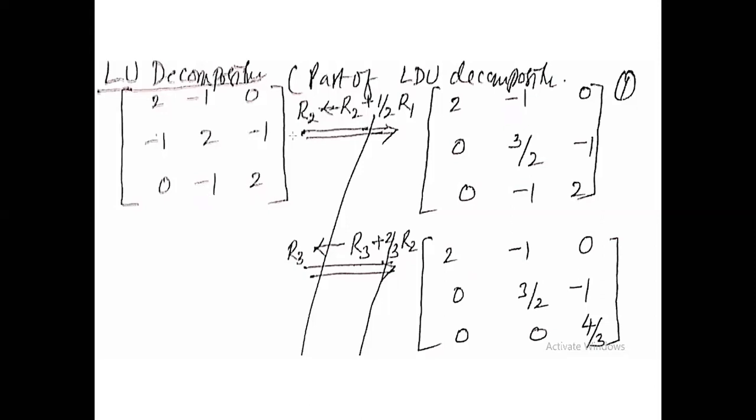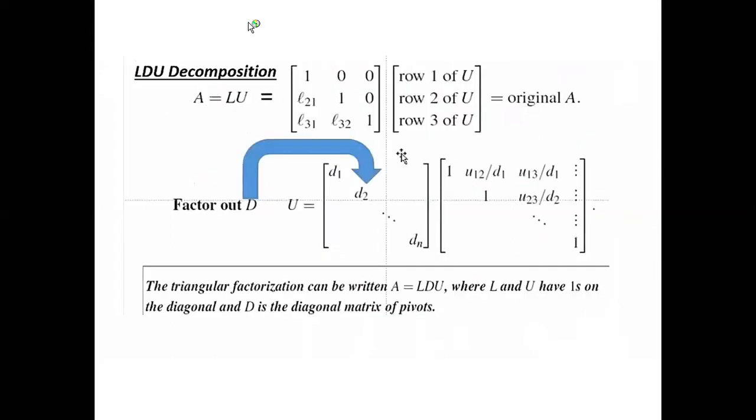We'll do the first part of the LDU decomposition. I will go to the previous slide. You can see that the given matrix A must first be decomposed into L and U, where L should be a lower triangular matrix. That means its diagonal must be 1, and all components above this diagonal should be 0, and the rest of the factors will be as they are in U. So I need to first write A in the form of L and U, and the only information I have is about L. Okay, let's do that.